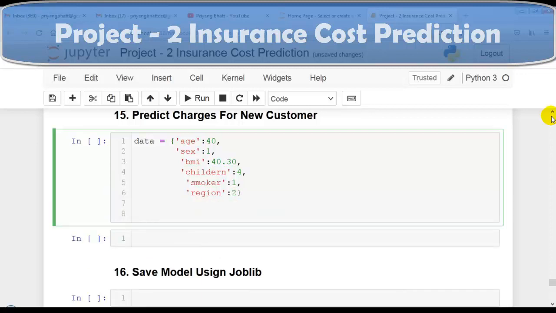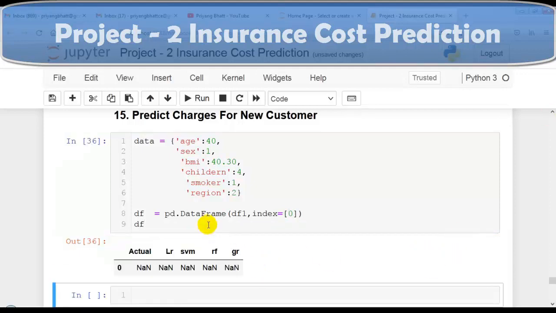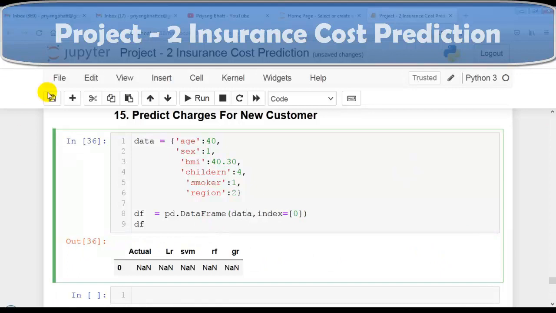So now let's create a pandas data frame using this Python dictionary. Let me pass df1, and we are having only one index, which means 0. Let me display our data frame. As you can see over here, here is the data. We have passed this Python dictionary into this data frame with only one index, 0. Let me execute this cell. So let's assume that we have received this new customer data as a data frame that you can see over here.